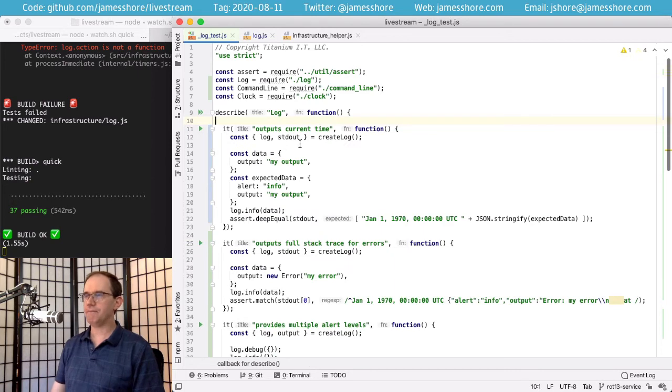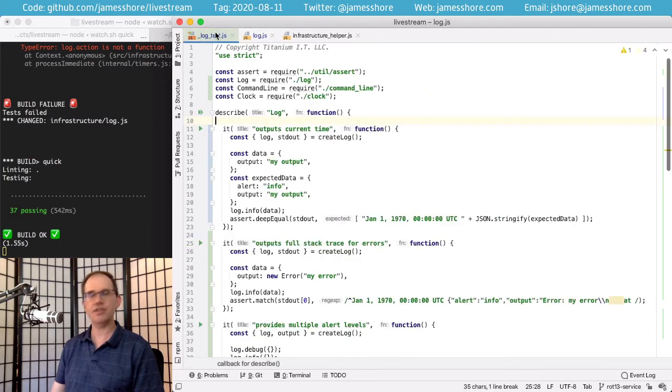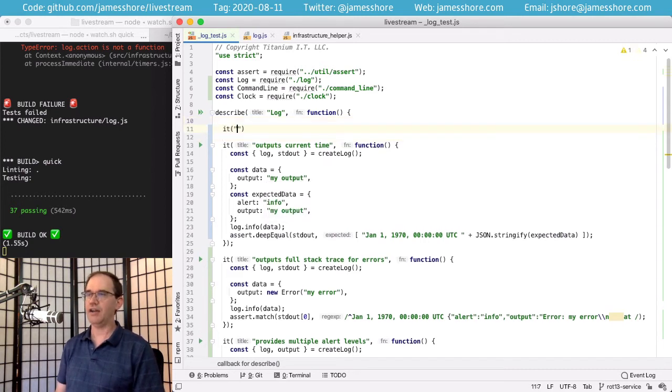So we need the ability to actually see that this is created and used. And this is the one case where I'd make sure that it actually does output to the command line. Your high level infrastructure is infrastructure. We need to make sure it works all the way out to the outside world. So let's say that it writes to standard out.